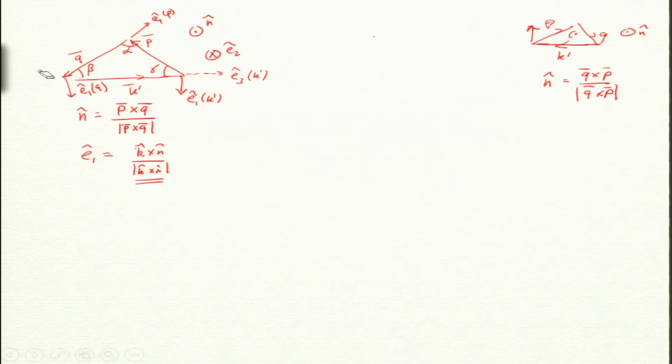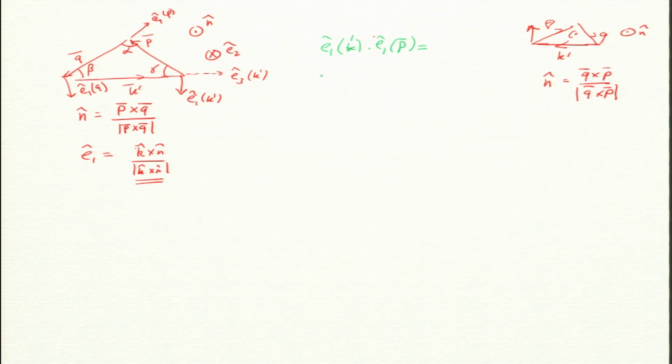Now, let us do the dot product of the unit vectors. Let us look at E1 of k prime dot E1 of P. Remember, this was what was required in my last derivation. If you look at your notes, you will find that I had E3 dot E1, E1 dot E1 and E2 dot E2, but E2 dot E2 is always 1, so that is not a problem. But for E1 k prime dot E1 P, you will get these things. So, in the table we have E3 dot E1 and E1 dot E1.